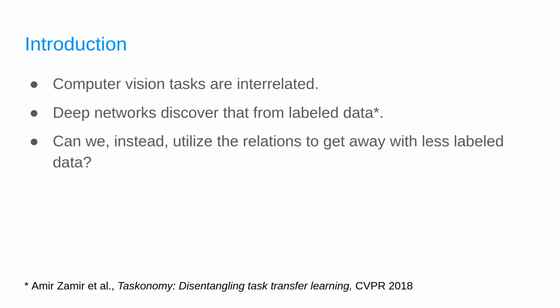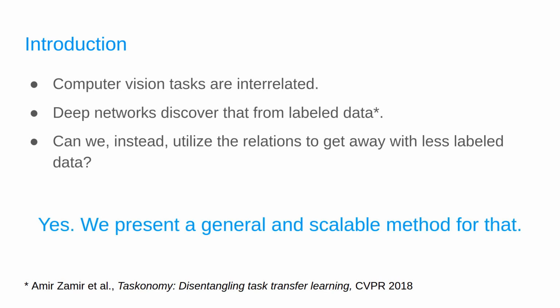It's been shown that the relations between tasks can be revealed through training them on a large body of labeled data. In this paper, we wish to take the opposite route. What if we know the relations between tasks through the geometry and physics that constrain a visual world, or through any other means? Can we then reduce the reliance on labeled data and utilize the relations to improve the performance of various tasks? Our answer is obviously that yes, and we're going to present a general and scalable method to